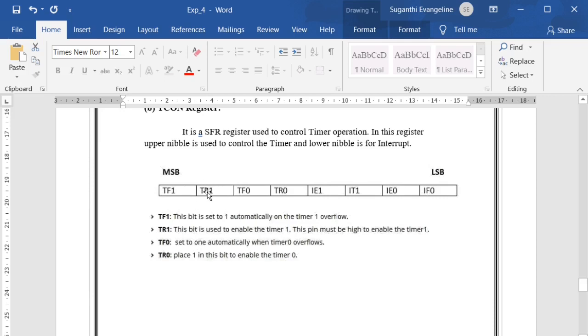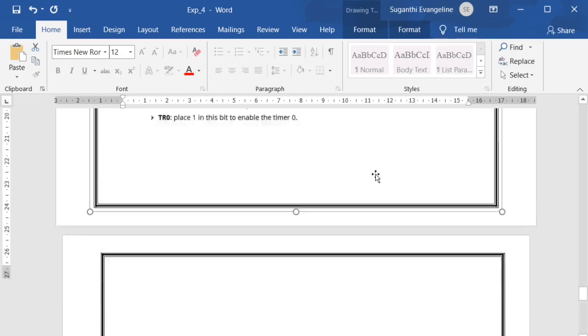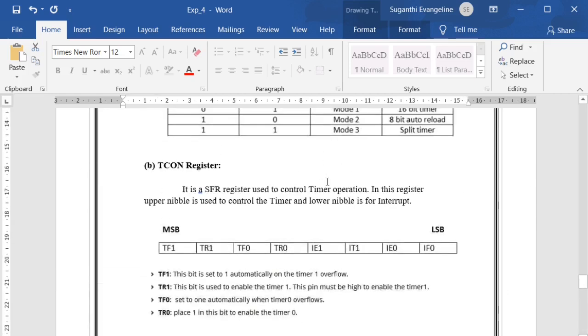TR1 is the timer run bit for timer 1. TF0 is the timer overflow flag for timer 0 and TR0 is the timer run bit for timer 0. So when you make the TR0 bit 1, the specific timer will start. When you make it 0, the specific timer will stop. So this is the format for the TCON register.